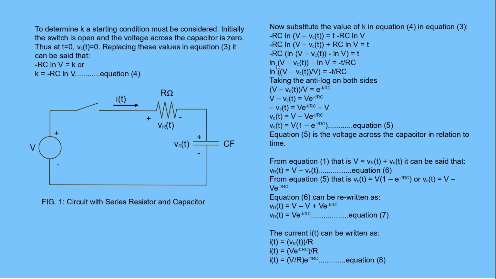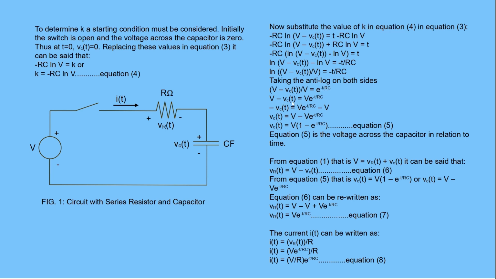and that can be rewritten by dividing both sides by minus RC. We get then ln(V minus VC(t)) minus ln V is equal to minus t/RC, or we can say ln of (V minus VC(t)) divided by V is equal to minus t/RC. Now, taking the antilog on both sides, (V minus VC(t)) divided by V is equal to e to the minus t/RC,